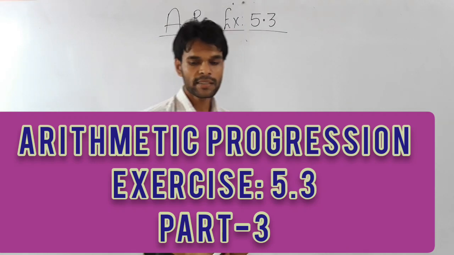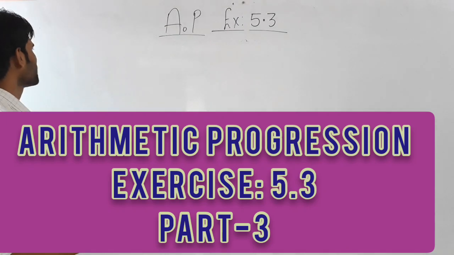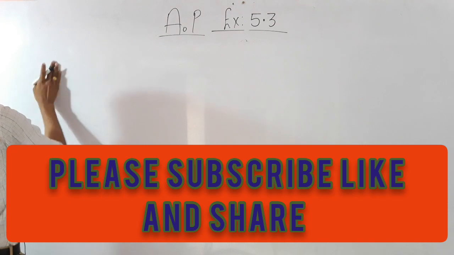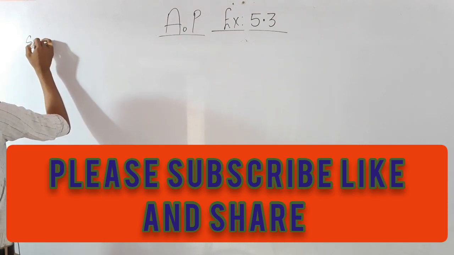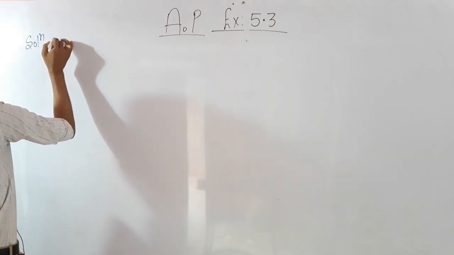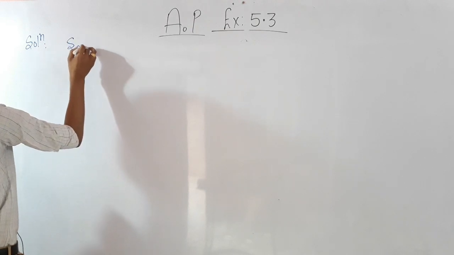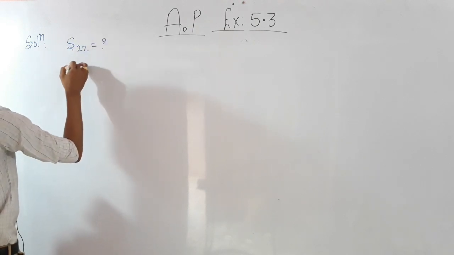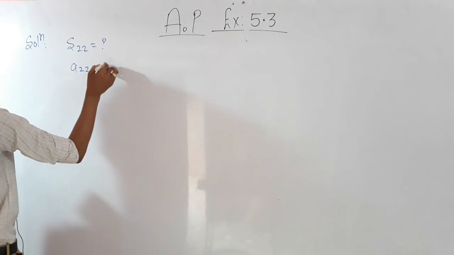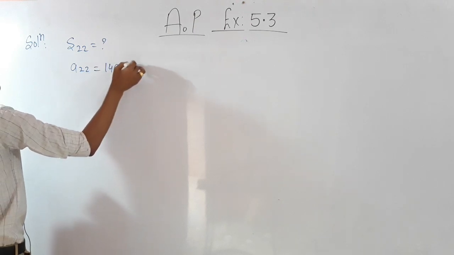Question number 7 is saying that find the sum of 22 terms of the given AP. Okay, we need to find S22 is equals to what? If we are given a22 is equals to 149, okay, and d is equals